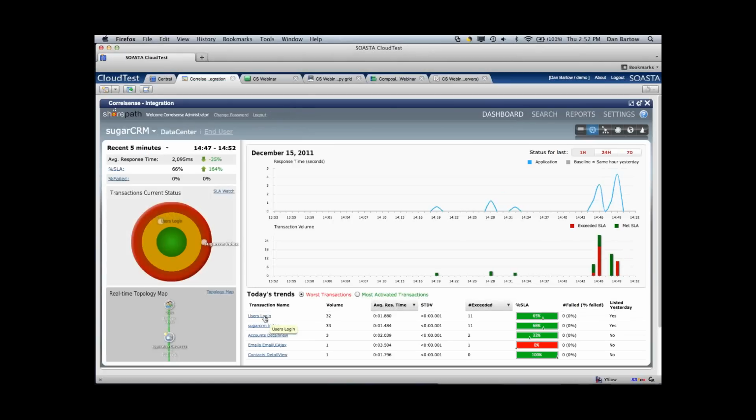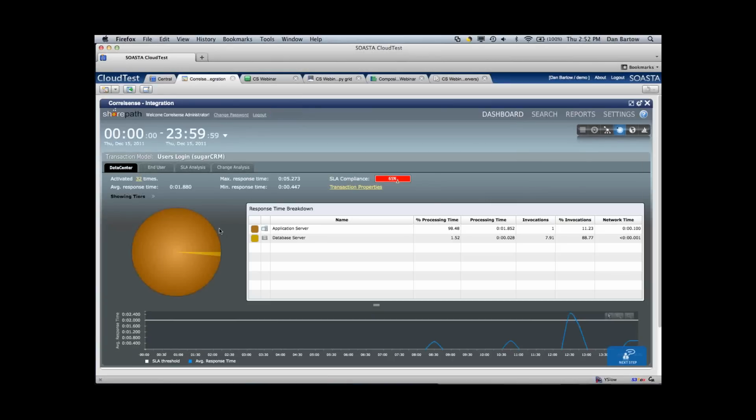If I want to drill down into the login transaction, I can do that. And it'll show the breakout of the application server time as well as the database time. And then you can start to drill down much, much deeper to try to figure out even individual query performance time. So if I start to break down the application server time, which is the majority of that time,